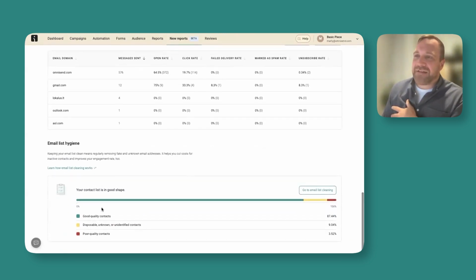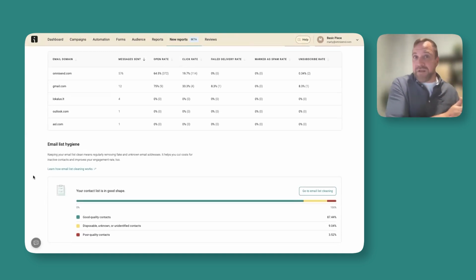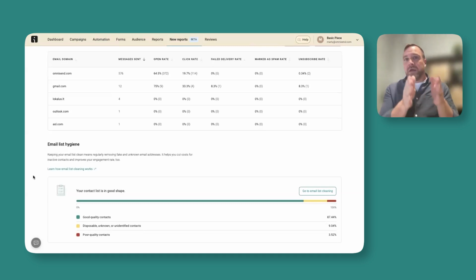And then last but not least is list hygiene. This is something we incorporate in where we actually have a tool inside of Omnisend where you can do list cleaning. This is not a profit center for us. In fact, if you think about it, if we're helping you clean your list, it potentially has a way to decrease the amount you pay. We want to make sure that you have good hygiene